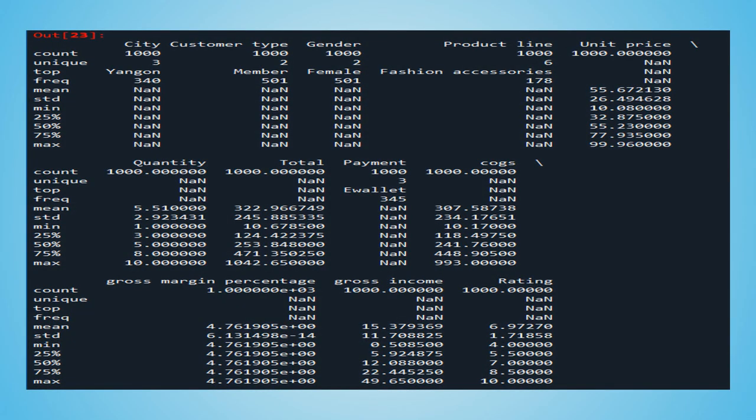So here we have this summary from Python IDE, and if you remember from the previous summary, these are all character types, right? So this is why we have the value in these particular variables for count, unique, top and frequency.